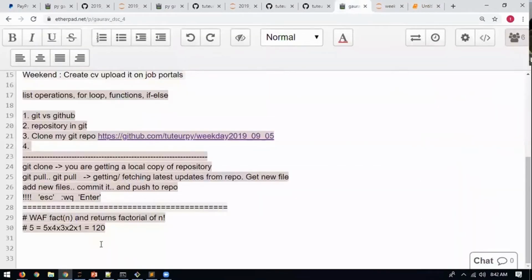Okay, anyone? No. See, how do you generate numbers from 1 to n? For i in range, you go 1 to n or n to 1. Is it same or not? Yes, it is same, because when you multiply 1 by 2 or 2 by 1, you get the same result. So whether you go from 1 to n or n to 1, it's fine. And what operation do you have to do again and again? Multiplication.